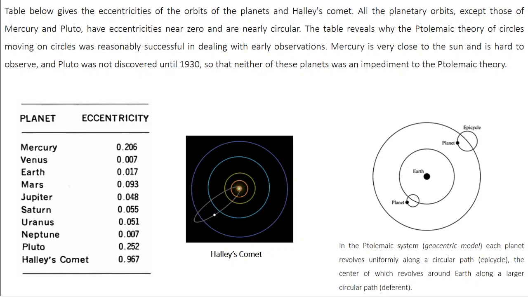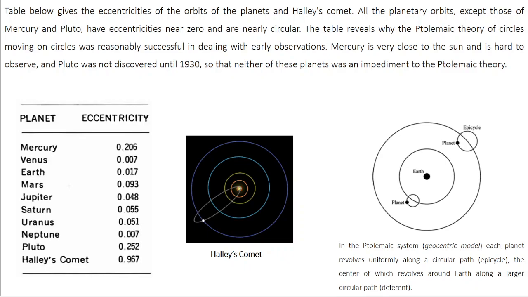And why were they not able to observe Mercury and Pluto? If you look at the solar system, you can see that Mercury is very close to the Sun, and the Sun is extremely bright, right? So the extreme brightness of the Sun will mask Mercury. On the other hand, Pluto is very, very far from the Sun, and in those early days, they did not have all the sophisticated telescopes, so they were not able to observe Pluto. So Pluto remained undiscovered until 1930. So because of these two, in the initial days, people believed that all the planets move in circular orbits. And now we know that that's not correct. It depends entirely on the eccentricity of each planet.